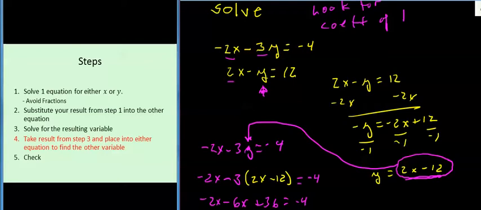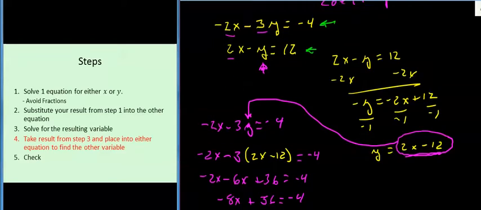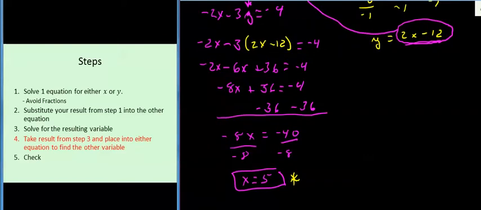I can substitute it in here, I can substitute it in here, or the easiest place is to substitute x right into here. Y is equal to 2x minus 12. I know that x is equal to 5. I'm going to place it in here, and I get y equals 2 times